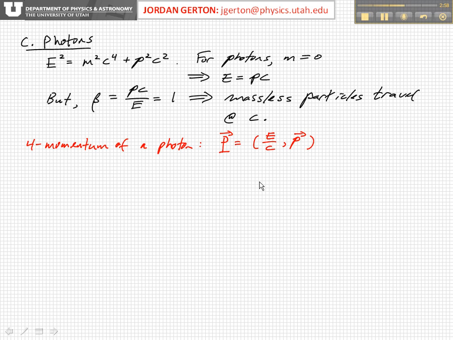Okay, what is the four-momentum of a photon? Well, it's just equal to, in general, E over c for the zeroth component, the temporal component, and little p for the spatial components. But note that since E over c is just little p for a photon, you get from there that this means the magnitude